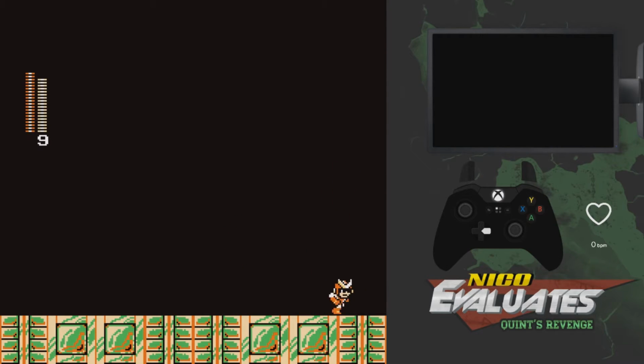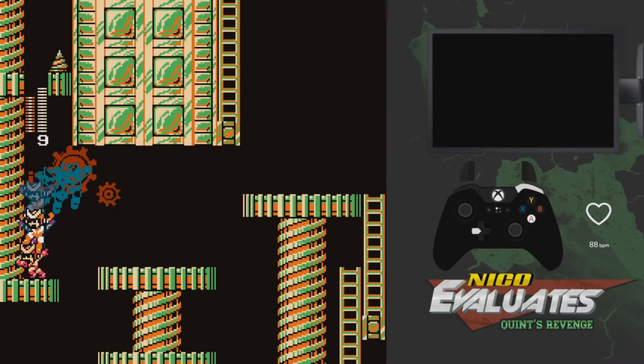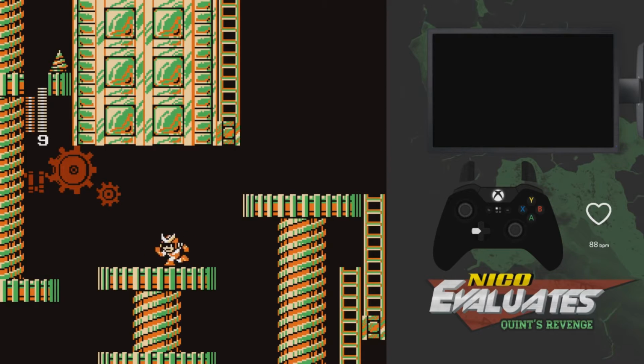Oh, look at that. Never mind. That's a weird ladder design. Oh well. Love using this weapon. Oh! The ladder completely camouflaged itself. I thought you had to go here. There's gotta be a secret down here. If there's not a secret...